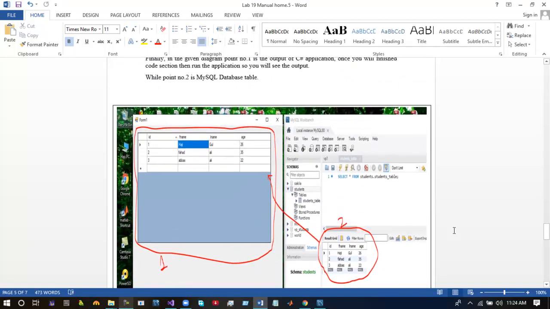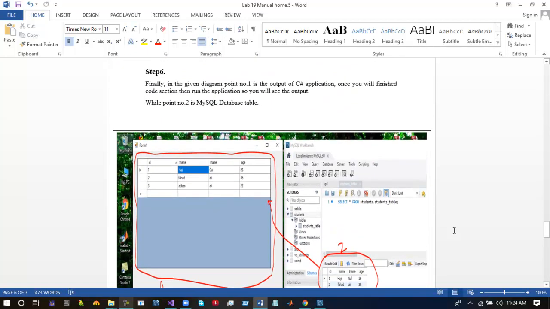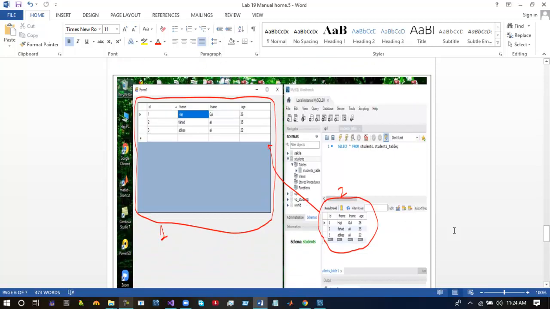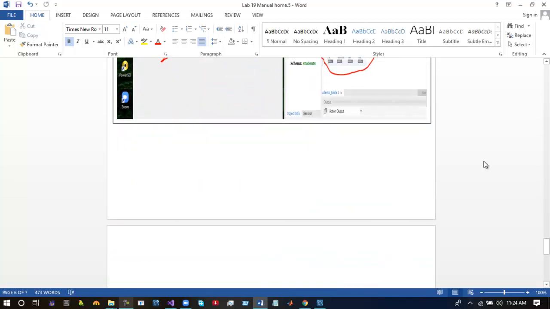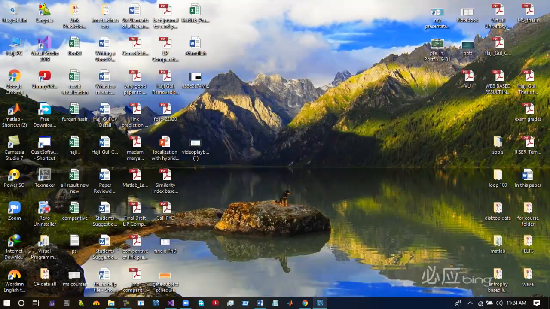So this is step number 6, the output. This is the output grid view of the window form inside Visual Studio, and this is MySQL Workbench with the name of the database, the table name, and the data of the database. Also we will check practically.